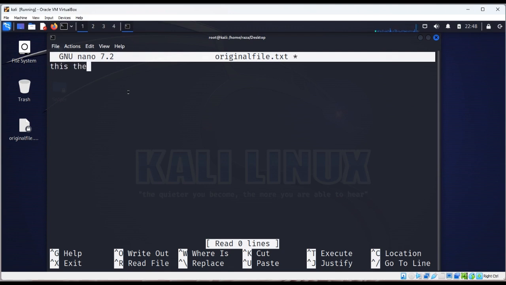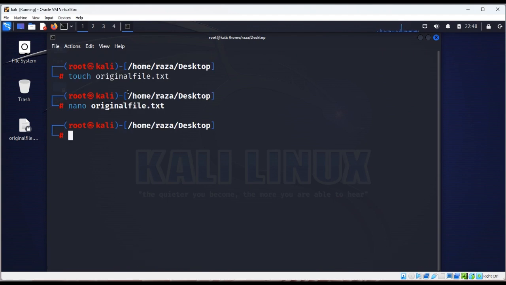So this is the test file. Control O, press enter, Control X. Nano is a text editor that can help you to edit the document. After that, if I need to create